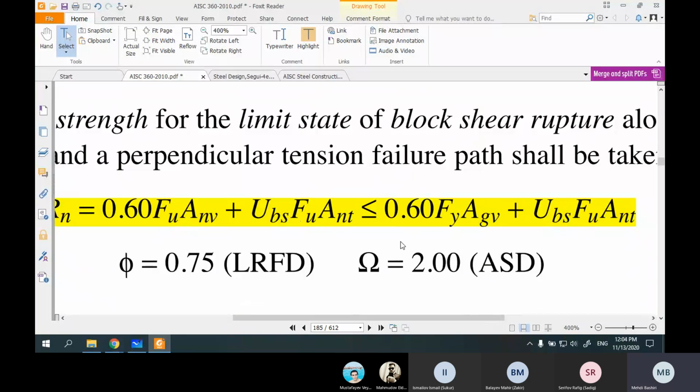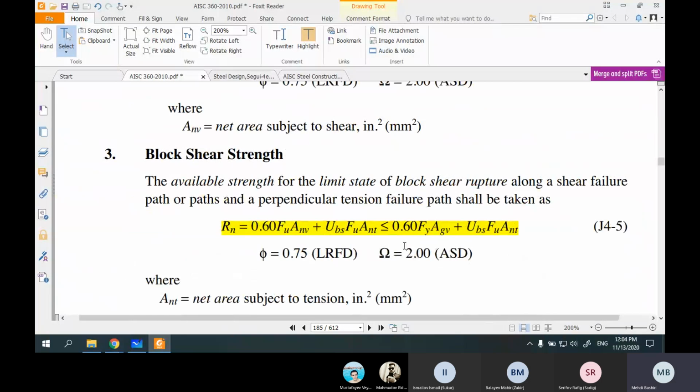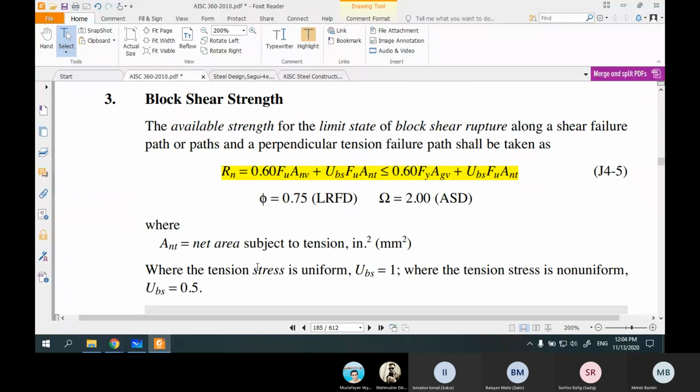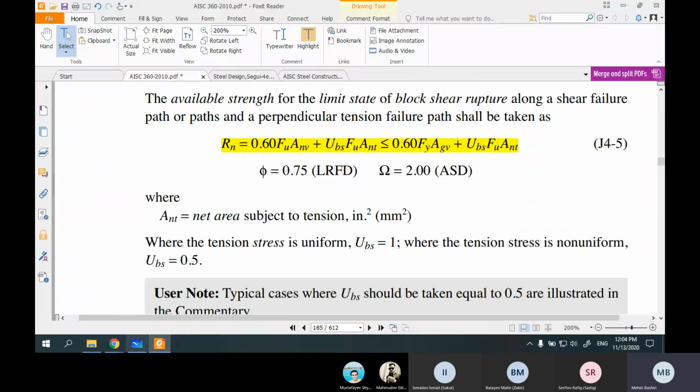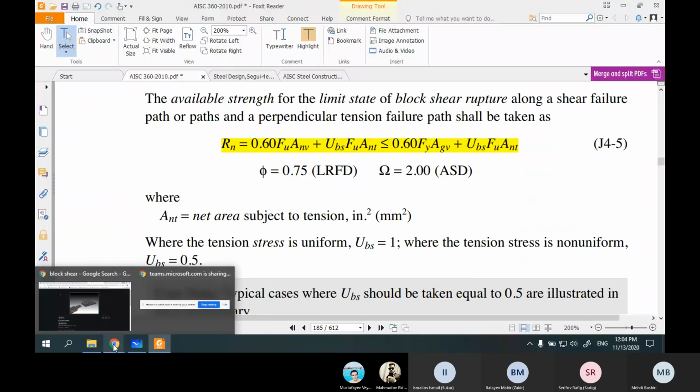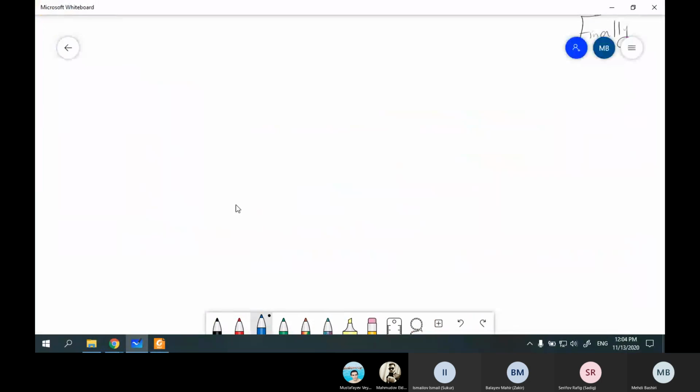So you can see it's a little complicated, but it's not difficult. You just